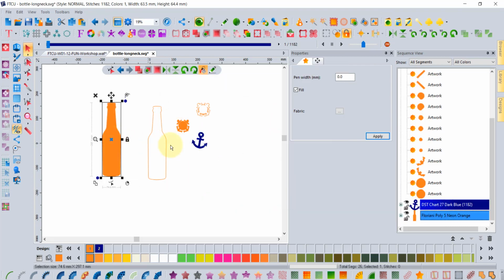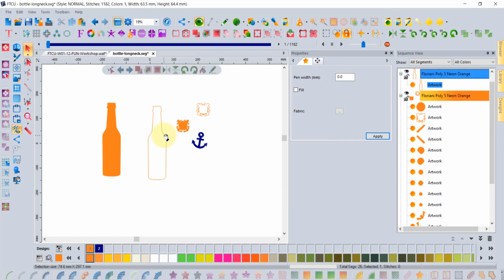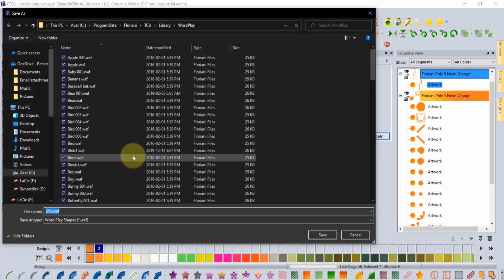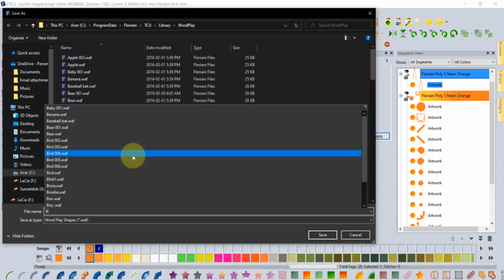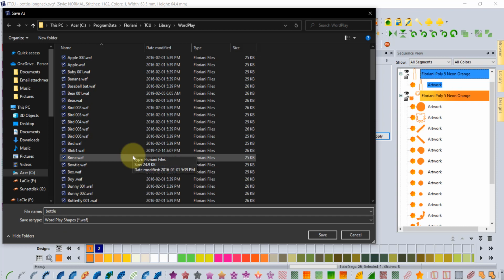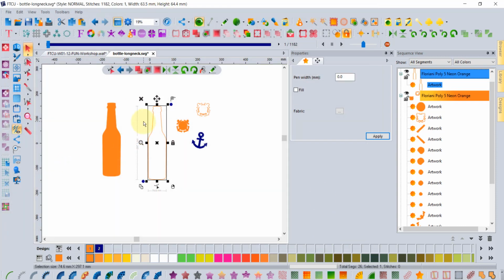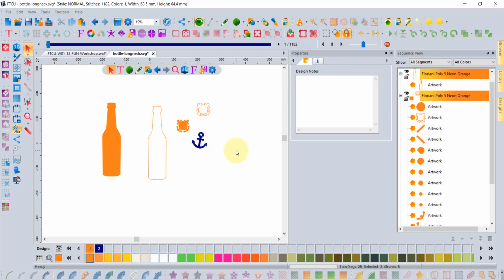But if you want to use it as a Wordplay shape, then you need to select it, go to Tools, and say Save Wordplay Shape. And that's a different kind of area there. I'll call it Bottle in here as well and click Save. So now I've saved this same shape in two different areas, and I'll always have it available to use in